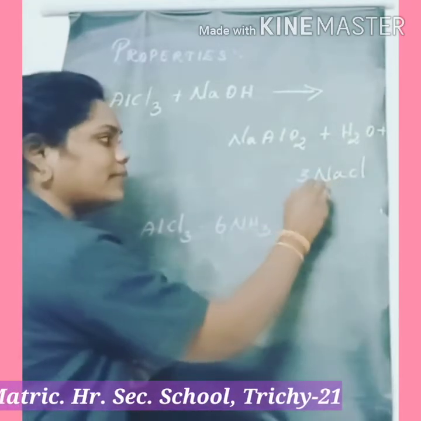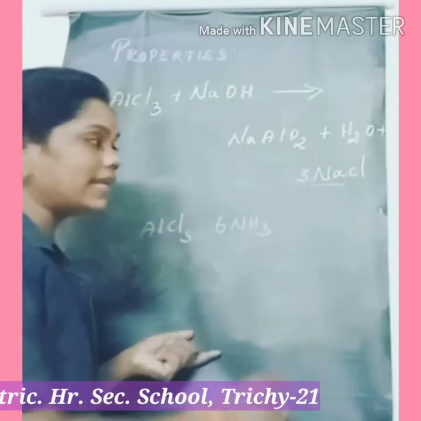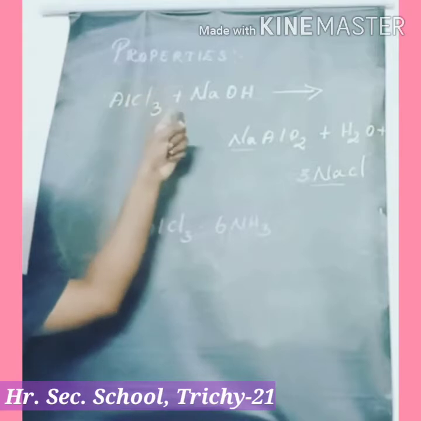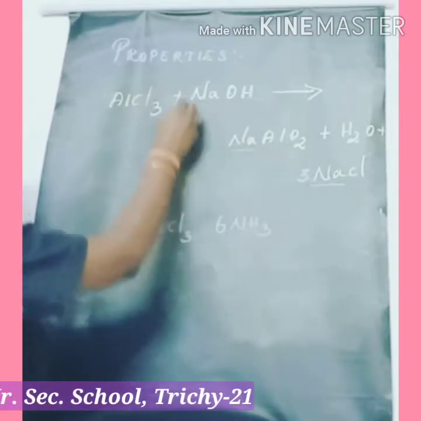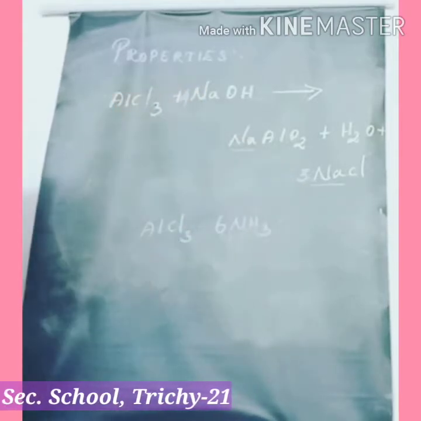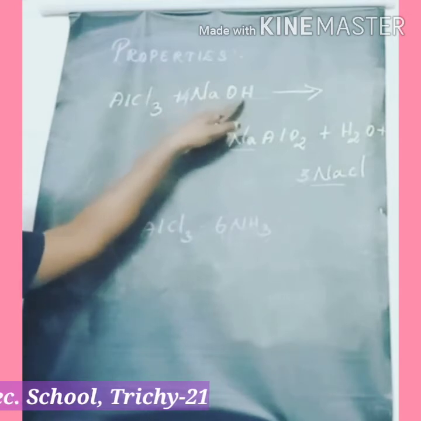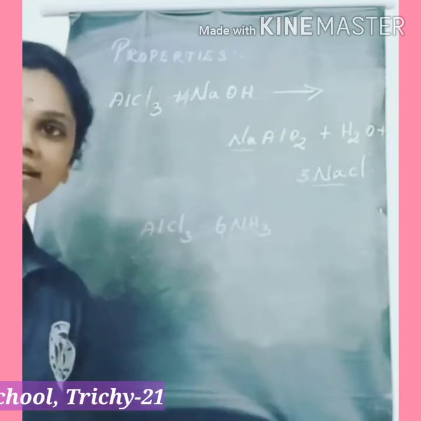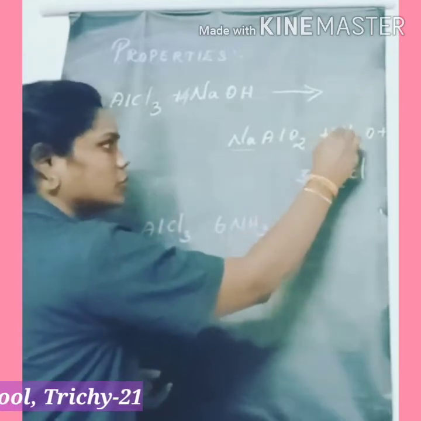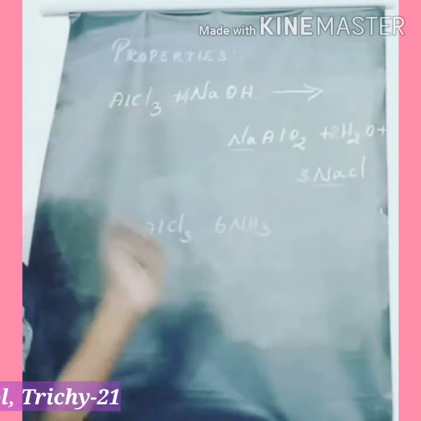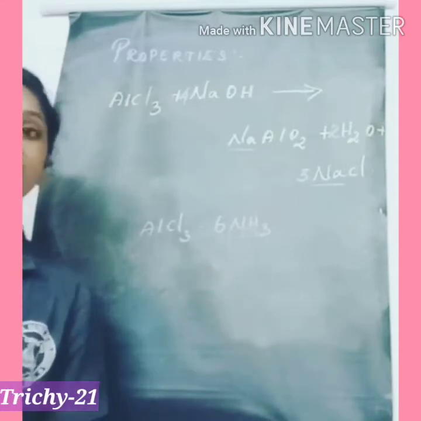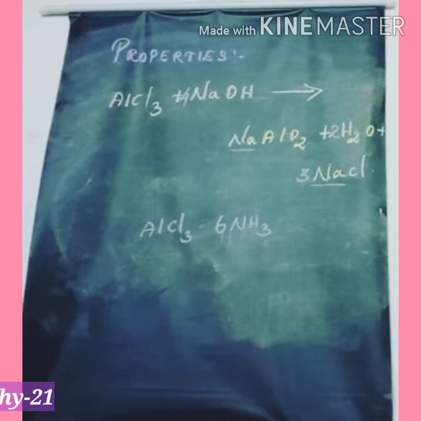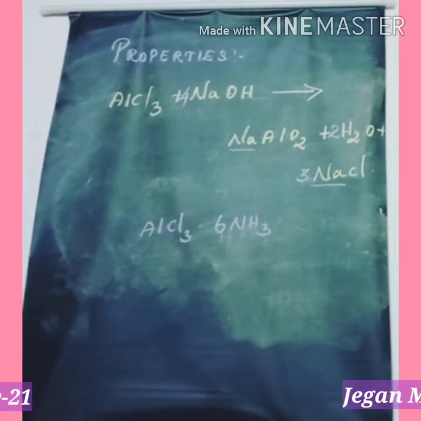Then see the sodium. So here sodium is 3 times plus 1, 4 times. But here sodium is only 1 time. So 3 plus 1, 4. So 4 times. Okay. Then now see the hydrogen. Hydrogen is 4 times, but hydrogen here 2 times. So how is this balanced? 2 times of hydrogen. So 2 2s are 4. So hydrogen is 4 times. Now equations are balanced. And then it behaves like a Lewis acid and forms addition compounds with ammonia.